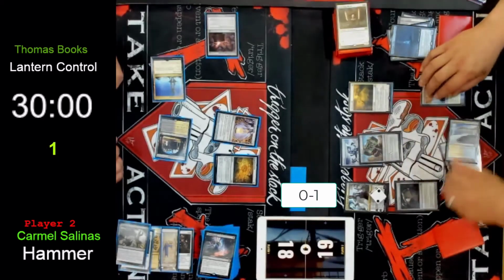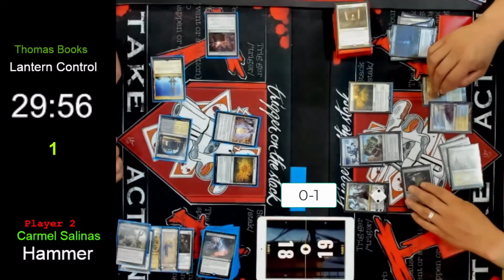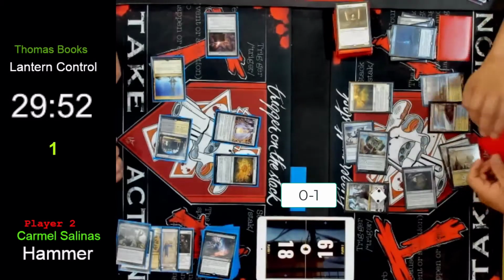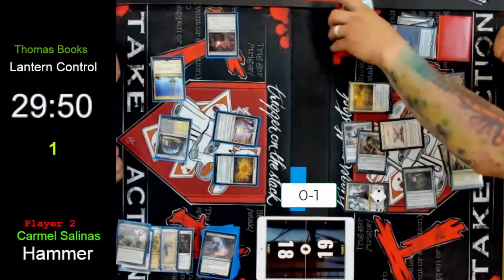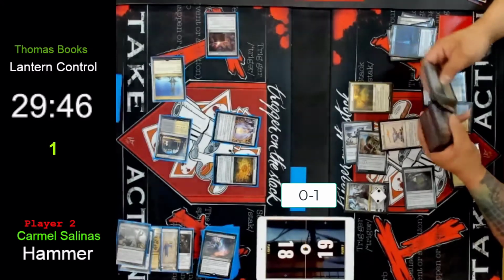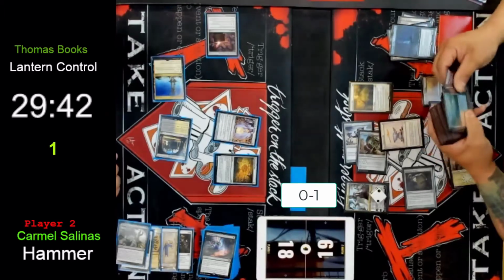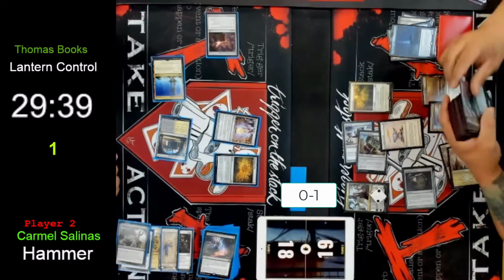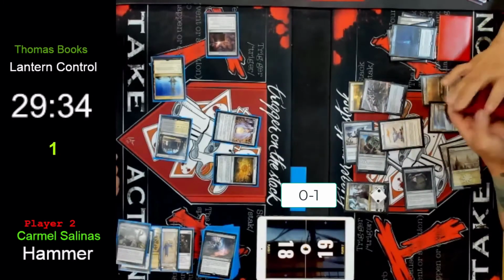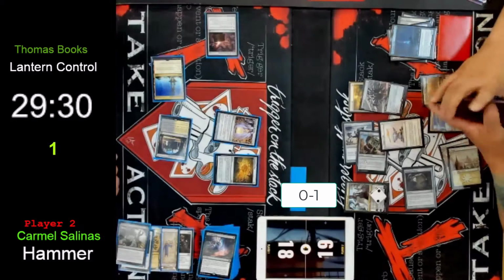Could he have done that at the end of his turn? Yeah, because he doesn't have haste, there's no reason to have to do it now. Oh, you could have done all this at instant speed, Carmel. Because he could just draw a removal spell. So I think what he needs to do is Pixis away. I don't know. Guess he might want to get rid of that, but the Hammer's already down. What Thomas needs to do is upkeep,